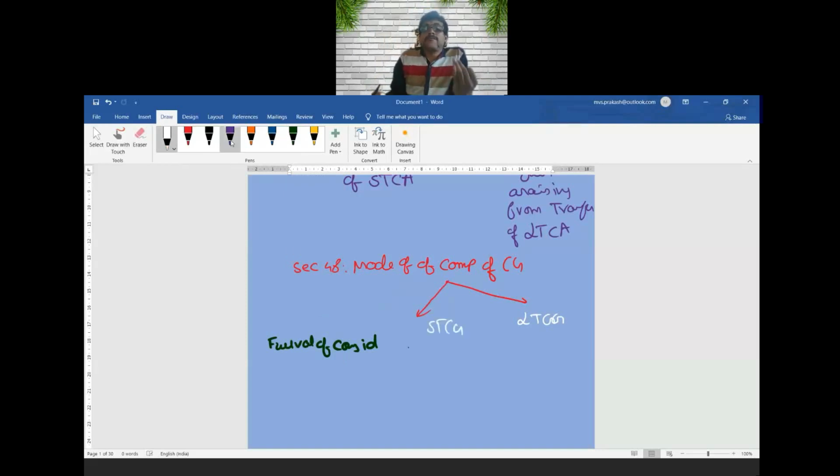Now, what is the full value of consideration? Suppose this is your full value of consideration. If the asset is a short term capital asset, the gain will be short term capital gain. If the asset is a long term capital asset, the gain will be long term capital gain. So full value of consideration is the first thing I need to take. Now from this I need to reduce something. To get this full value of consideration,